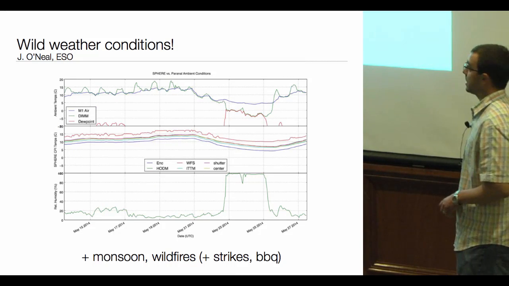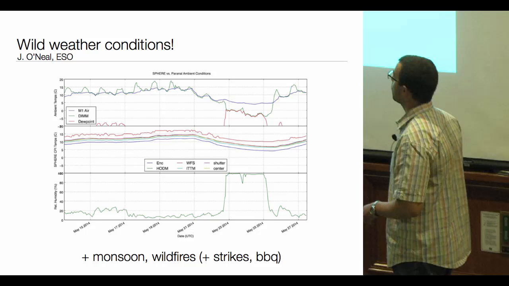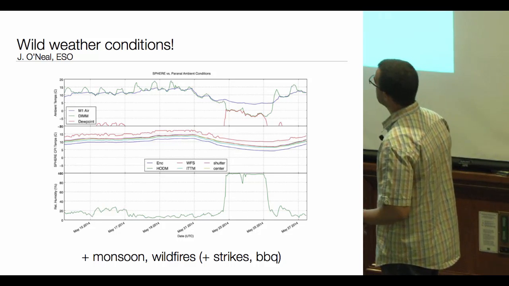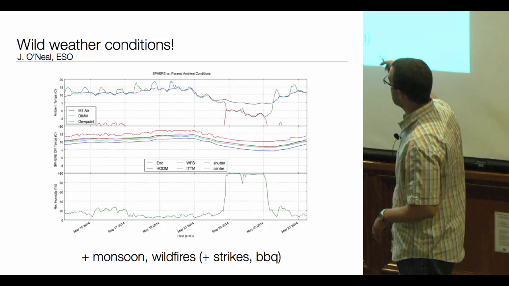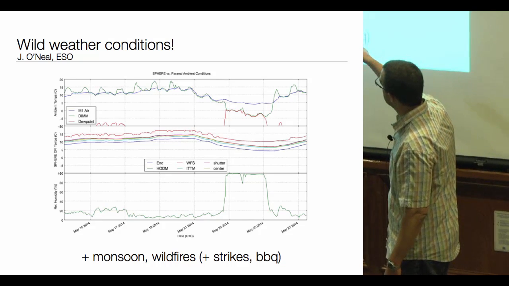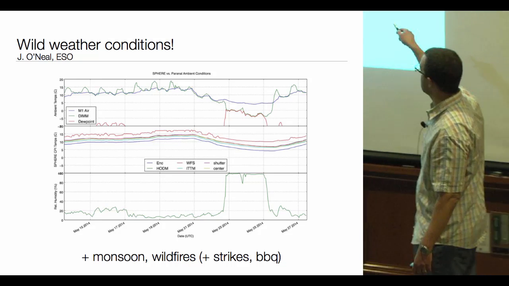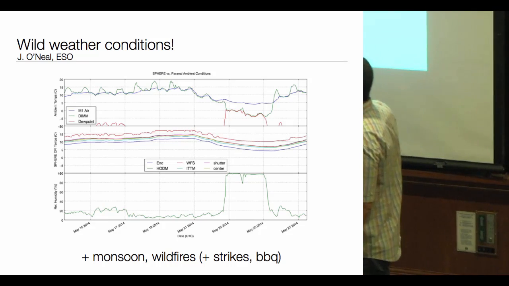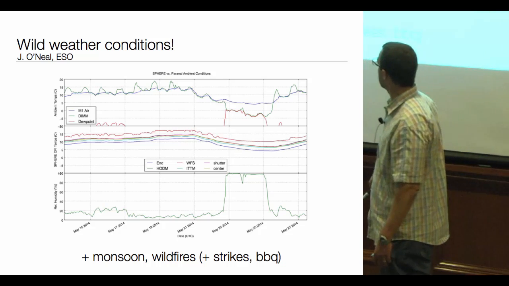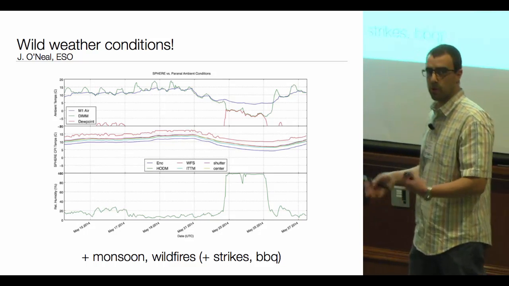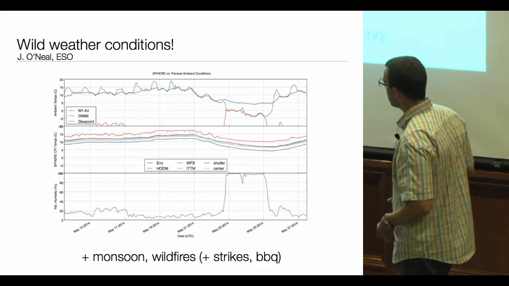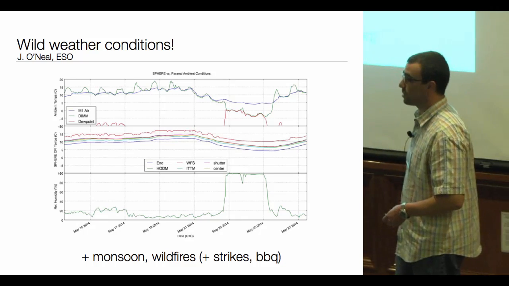So something that's not always expected, especially when you go to the end of the world and you expect the weather to be stable, the sky clears 260 days per year. This is a weather event that we had soon after the first commissioning of SPHERE. You see temperature profiles as a function of days. This is the dew point and the temperature outside. So we got some frost outside, and people were totally crazy about this, and they thought that their instrument, the deformable mirror, which is very sensitive, would get affected by that. We have thermal control, and we monitor this temperature in real time,